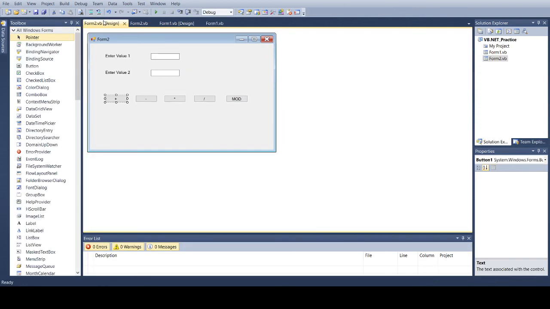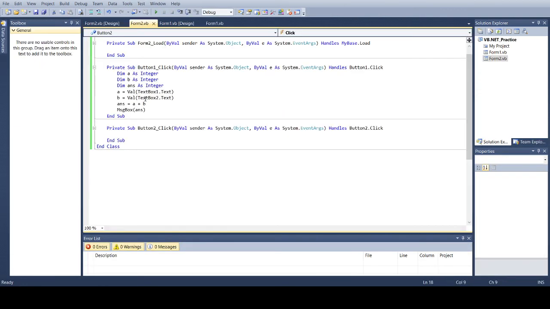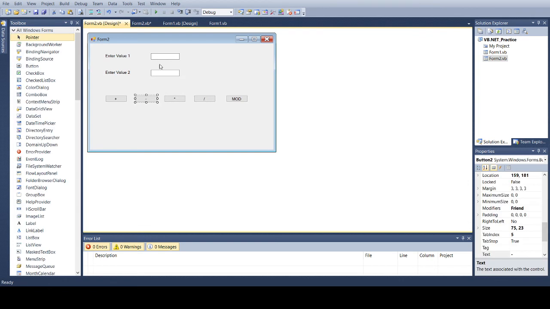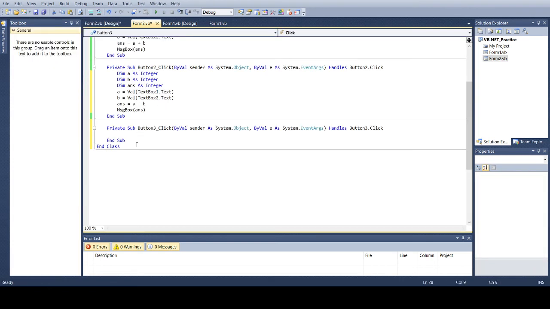Similarly, I can write the minus operation in the Button2 click event. So I will copy and paste over here, and simply change the sign so the operation will be minus. Then for multiplication, I will change the operation to multiplication instead of plus.